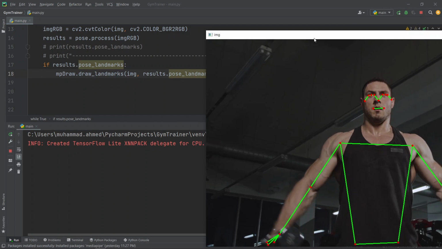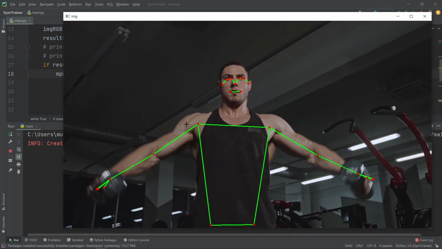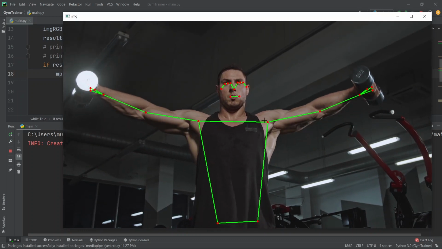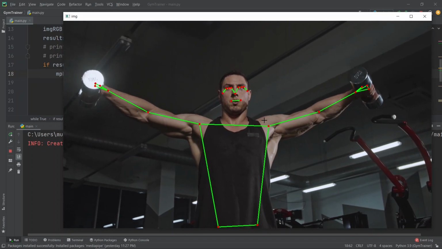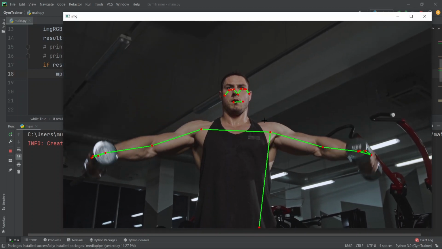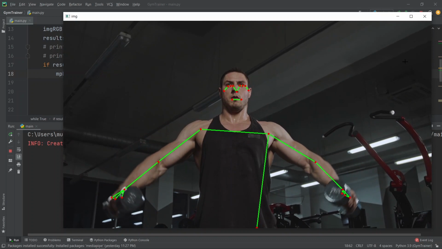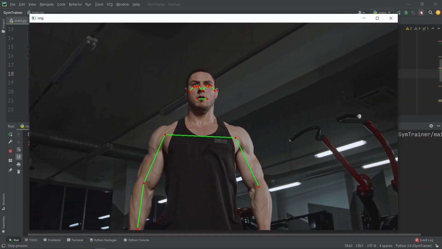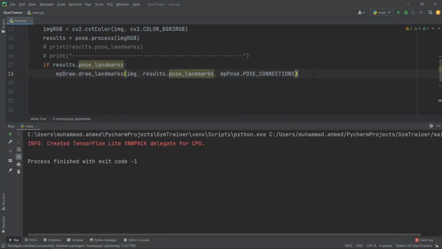Yeah, now we are getting the points and we are getting them connected. The reason it's quite slow on my machine is that I have the recorder running and all that stuff, which is consuming a lot of CPU, so the image is being processed slowly. But when you run it on your local machine without the recorder on, hopefully it will work smoothly for you. So if we are in this if, then that means we have some human inside the frame, and we are getting its landmarks, and we are just drawing it.